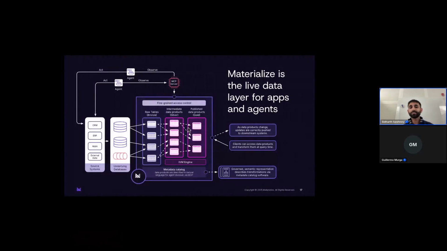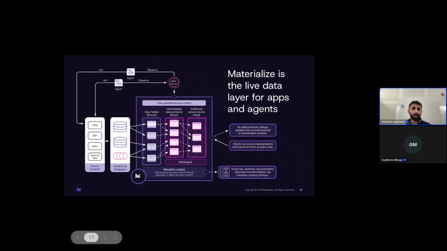You would define different views that would be checked into your code and kept up to date in memory by indexes. The AI agents would then use the MCP server to semantically understand these different views and act upon those decisions, affecting the underlying source systems that Materialize reads from.